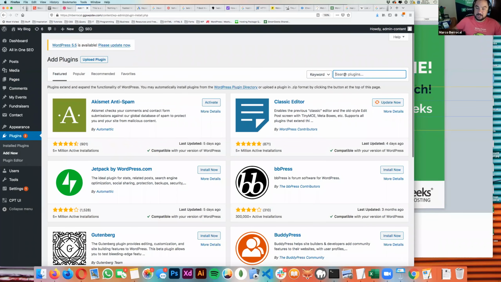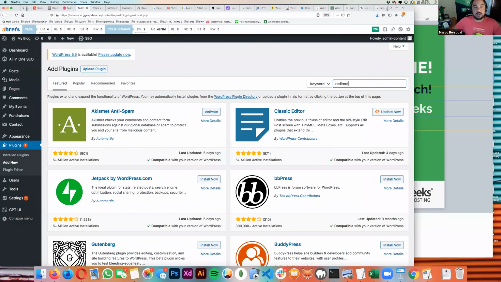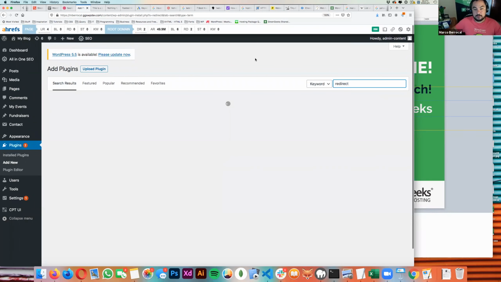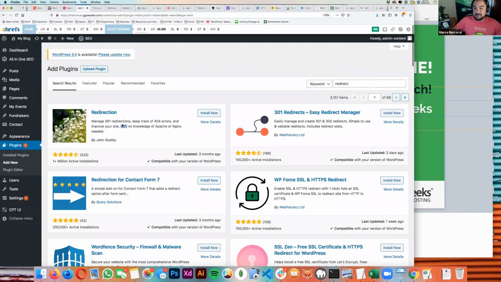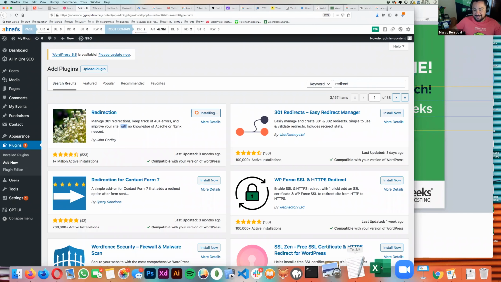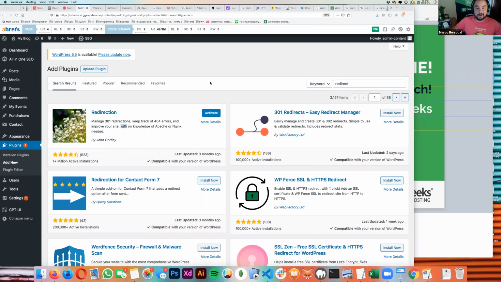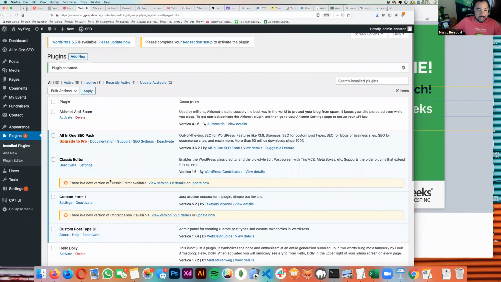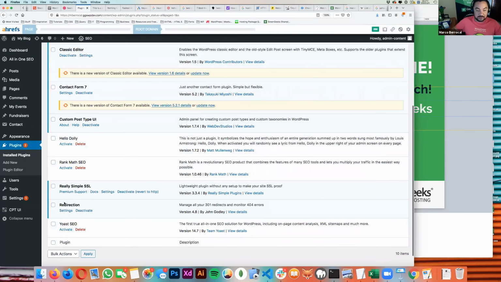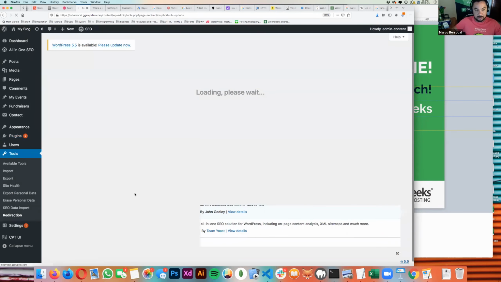So I usually type in here redirect. I type in redirect, and this is the plugin that I'm interested in. I want this one, redirection plugin. Okay. So I'm going to install that, and hopefully it's done by today. Okay, it's installed. Okay, cool. So I'm going to activate it, and I'm going to go here to settings. I go to plugins and I go to settings, and now